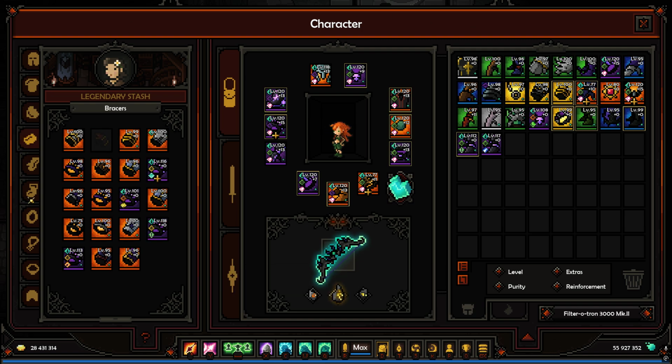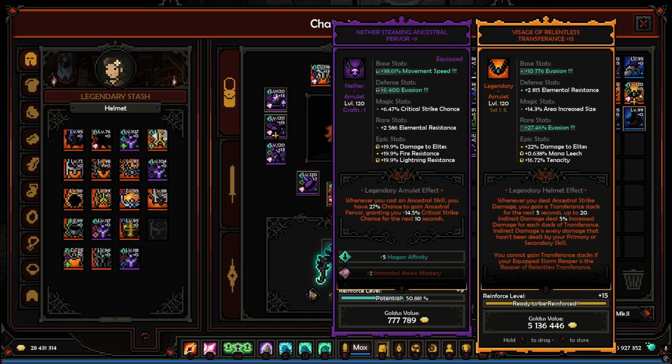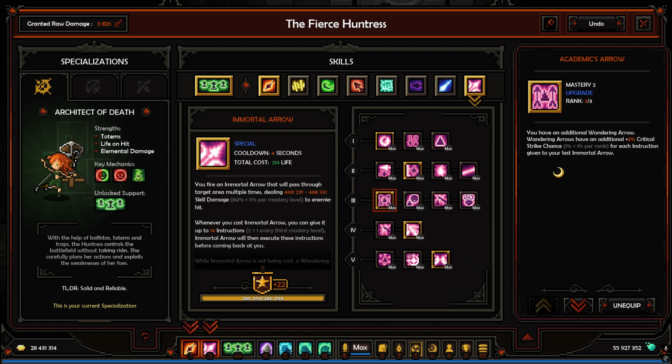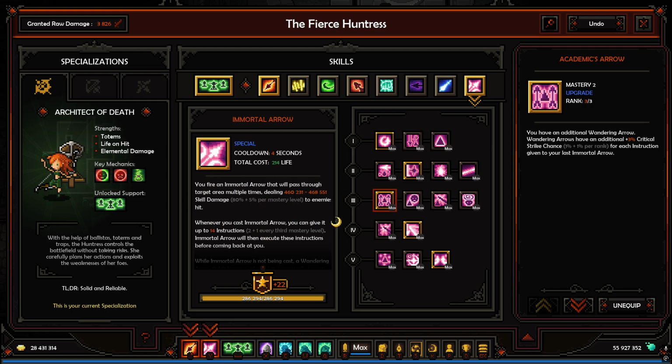Now, additionally, there are a bunch of alternate choices. There is the Vision of Relentless Transference. Oh, I got an amulet here, which every time you deal Ancestral Strike damage, you gain a damage multiplier to indirect damage. Indirect damage is any damage that isn't dealt by your primary and secondary skill. Meaning that, for instance, this skill damage portion,